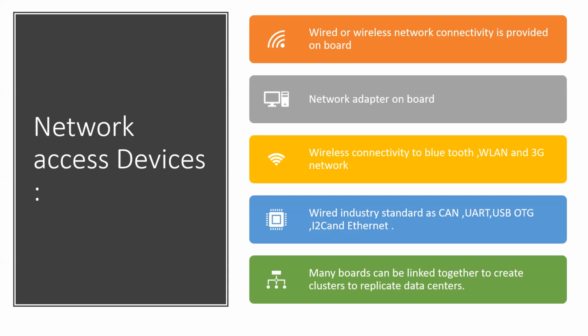This opens up all sorts of possible uses, including home automation, web serving, network monitoring, etc. So connection to the internet and networking facilities are very important and they are present on the single board computer system. So generally connectivity is provided through Bluetooth or wireless LAN and 3G networks. They are available